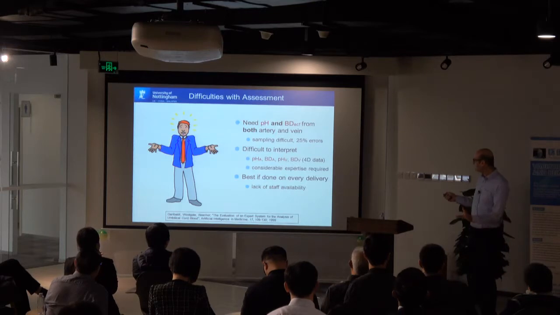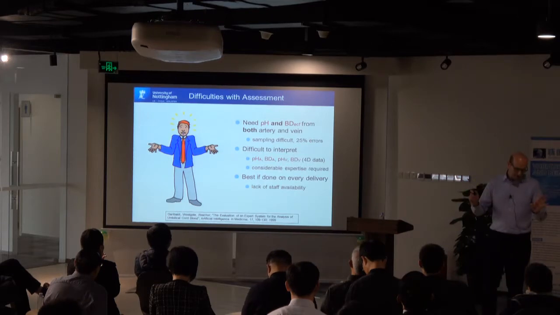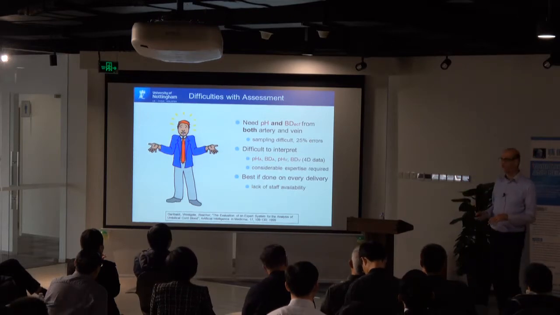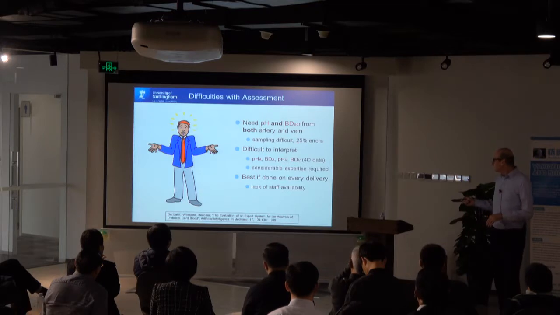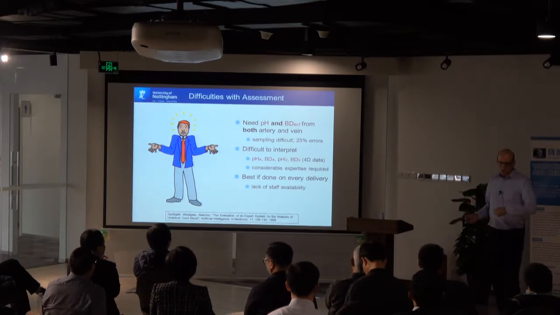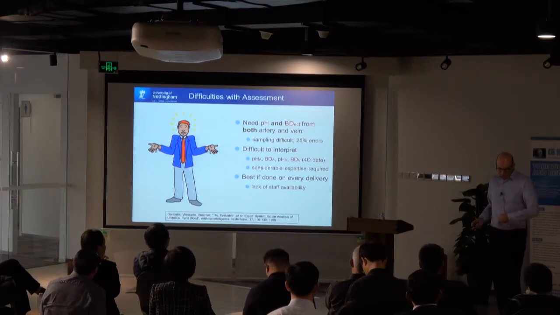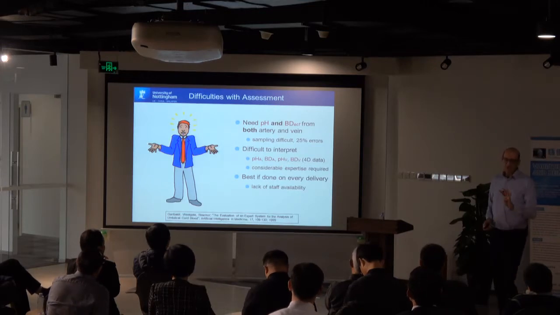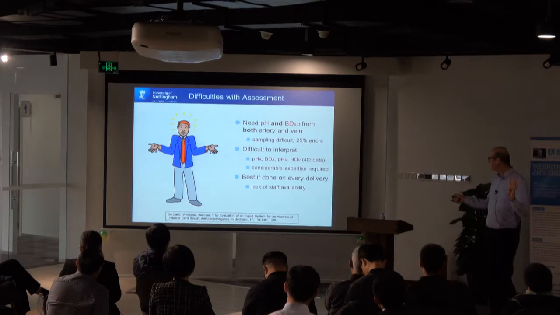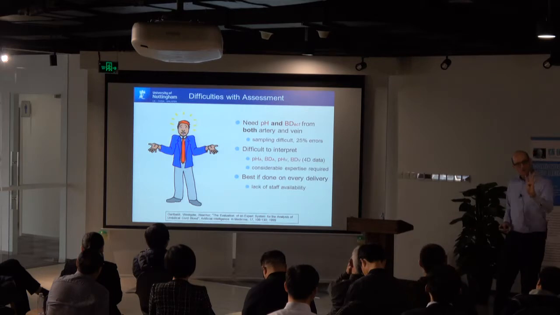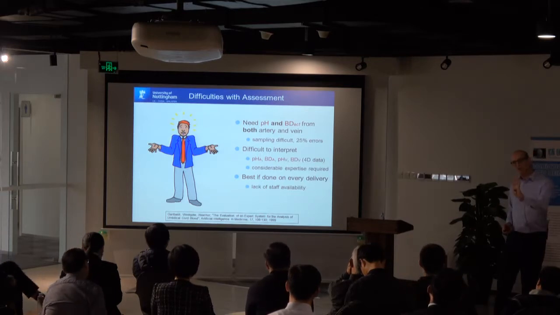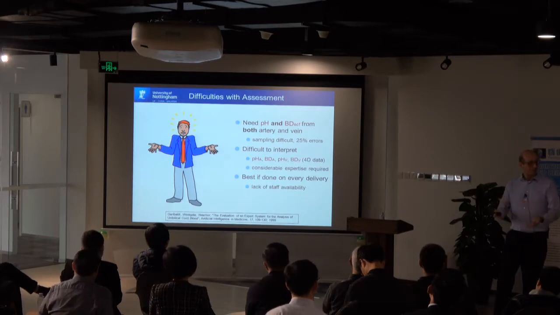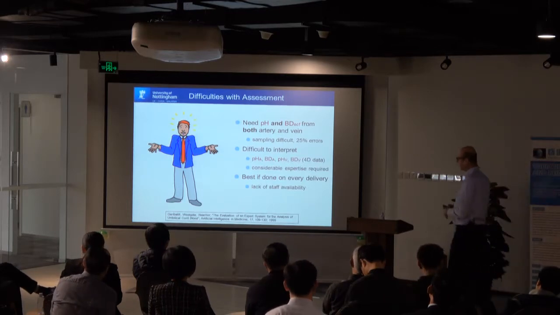Anyway, it doesn't matter. You take 2 numbers, which we think of as basically giving you information on the carbon dioxide and oxygen content. And you need them from the artery and the vein. You want the artery, the vein is the blood going into the baby, the artery is the blood coming out of the baby. So in the end you need 4 numbers, the pH and this base deficit number, from the artery and the vein. And then you look at these 4 numbers, and from these 4 numbers you can say how ill the baby is. And you think, well, that sounds easy.